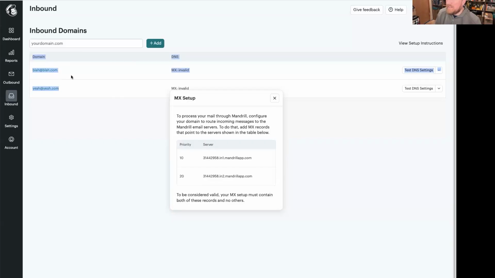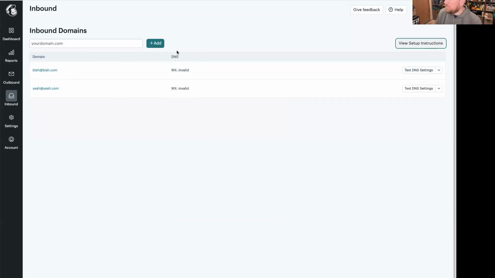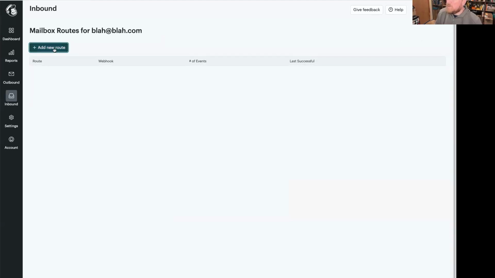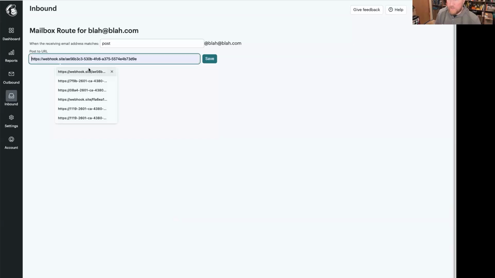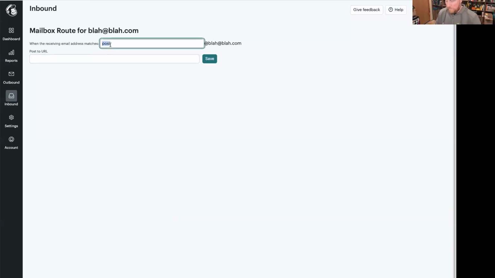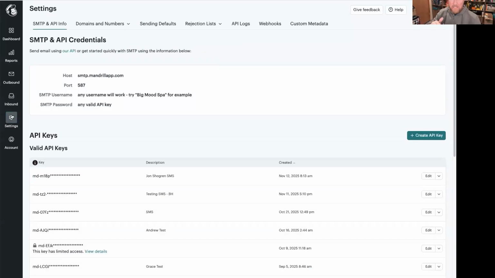Once you have a domain set up, you then set up some routes. You would set up a route here, and you say everything that's sent to, you know, post at blah.com would go to this specific webhook URL. If you wanted to do all of them, you could use a catch-all wildcard here, and then it would go to that webhook URL. Once you're in your webhooks page, you would see your inbound URLs that you saved. So any messages coming in to that domain, to those routes, will be posted to a webhook URL